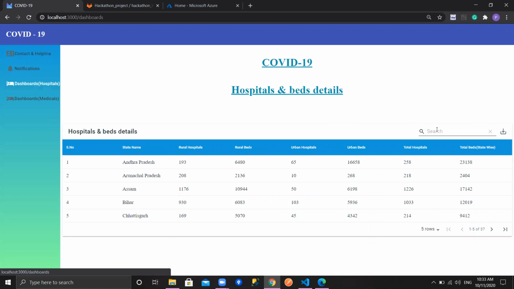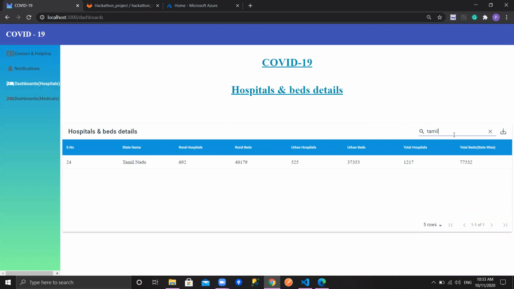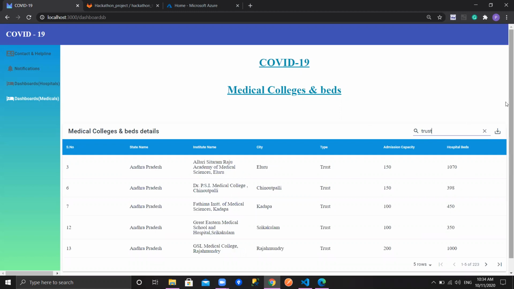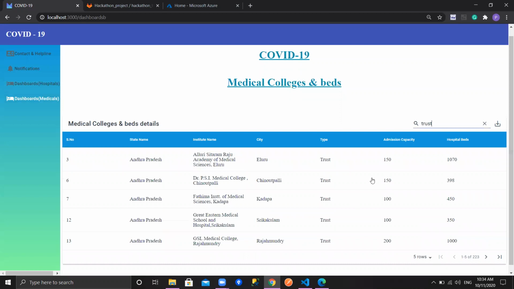As in the first contact and helpline information page, here also we can filter the state names by typing the starting letters. In medical college and bed details, you said we need to create a separate filter for the type. For example, if we type trust, it displays only the trust options in this API.